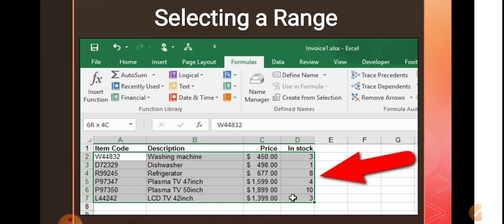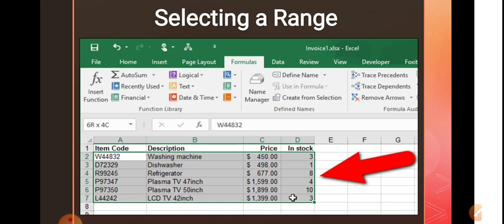Means if we are selecting 2 or more than 2 cells, it is known as a range. If you are selecting more than 1 cell, then it is a range.